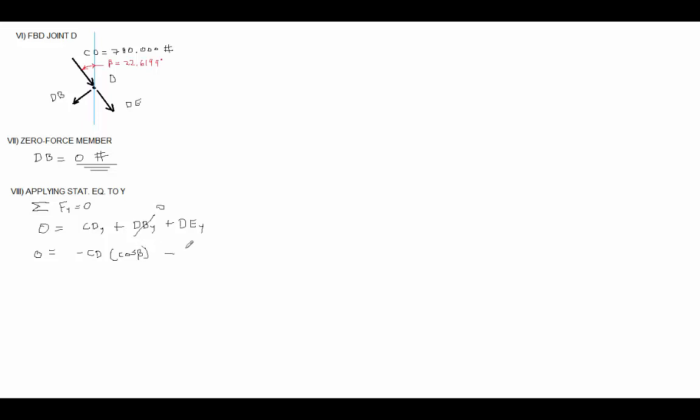DEy is a negative DE times the cosine of beta. You can see the cosines of beta, we can divide both sides by cosine beta and they're going to cancel out. So DE equals a negative CD, which means DE is 780 pounds,